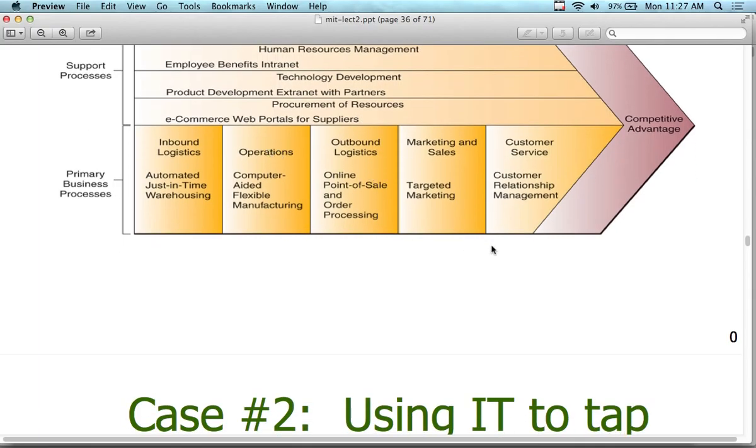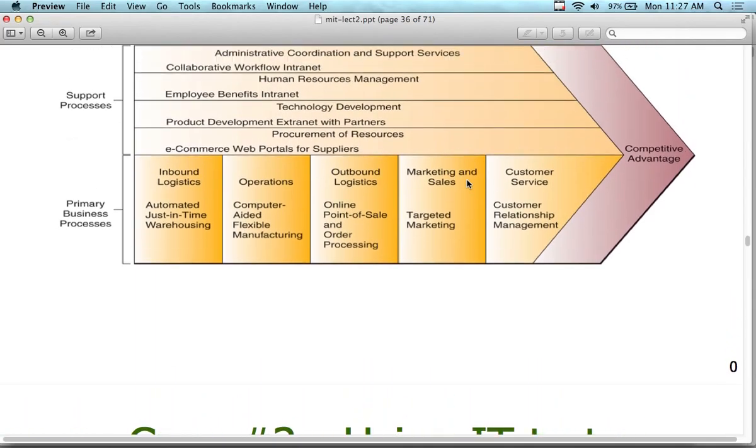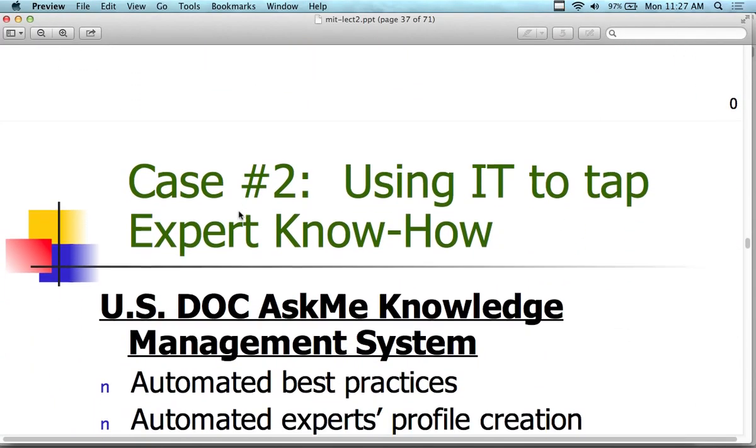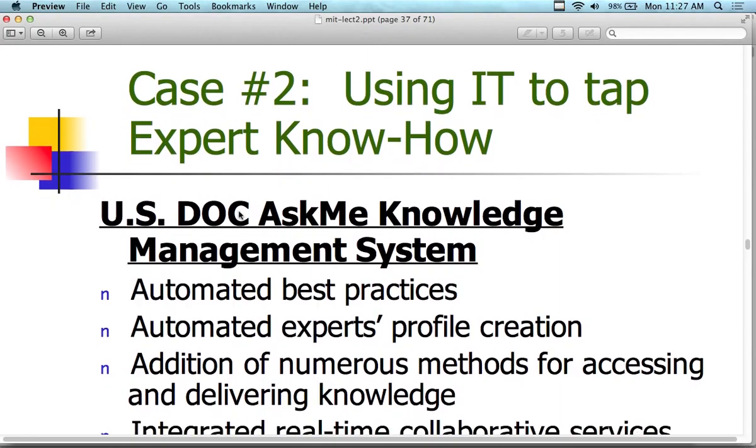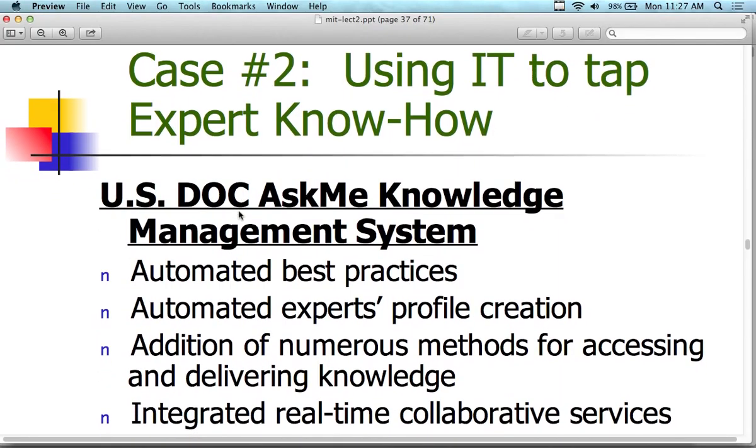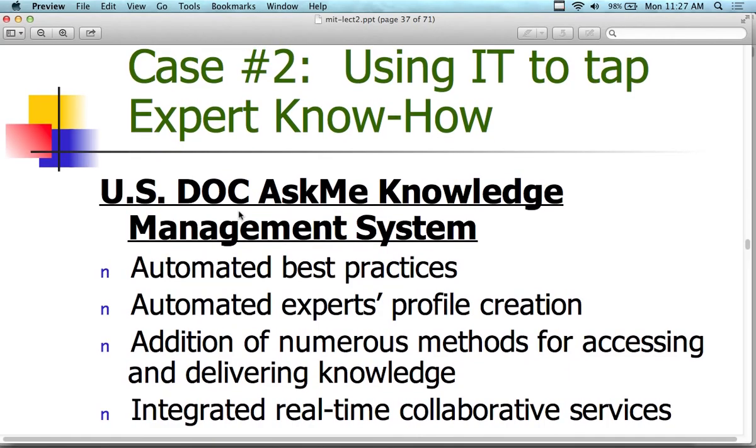And then our primary business functions are customer service, customer relationship management, marketing and sales, targeted marketing, all of our marketing attempts, all of our outbound logistics, all of our operations, and all of our inbound logistics. So here's case study number 2. We didn't go over the first one, but I'm going to go over this one only because it makes a little bit more sense in terms of the content that I'm going over right now: using IT to tap expert